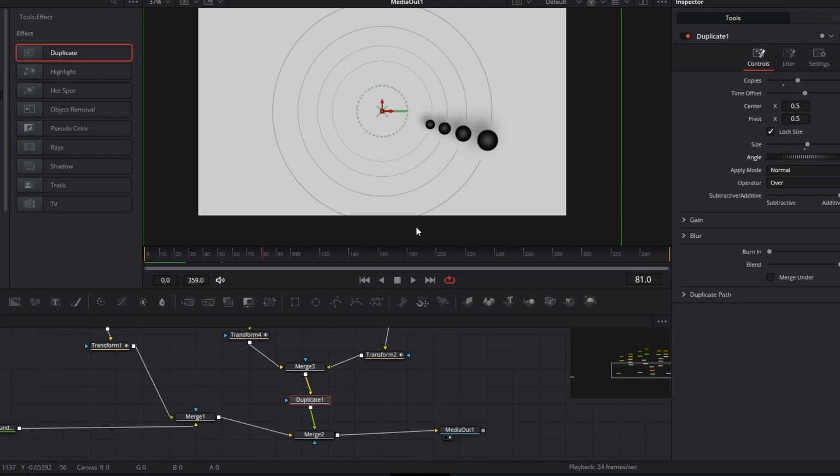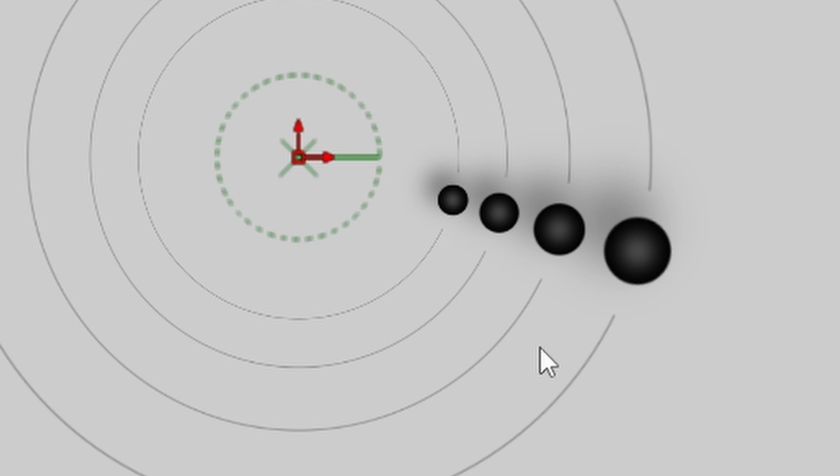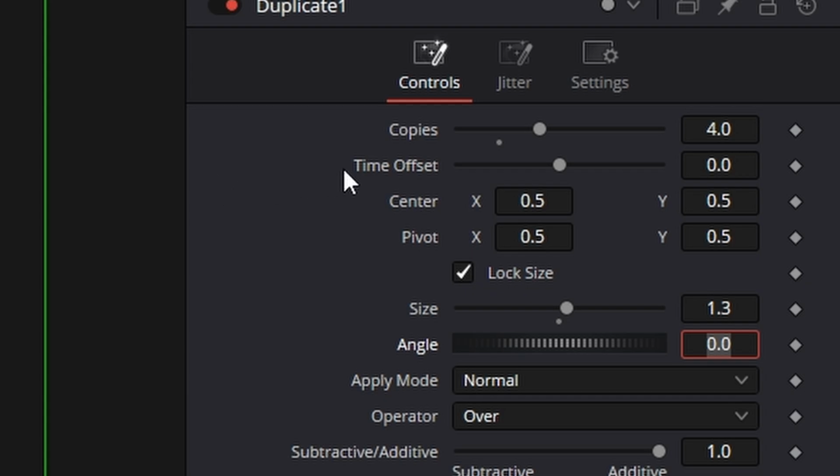now they all move together and I actually want them to be offset in time. And that's easy in Fusion. All we need to do is go to the time offset value and change that to 10. Now when I play that back,